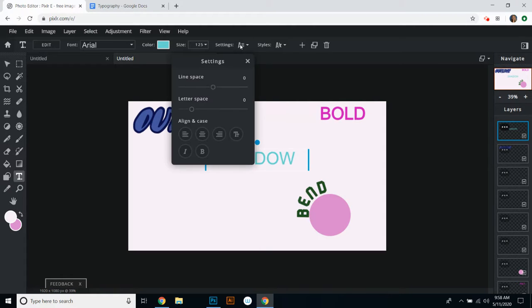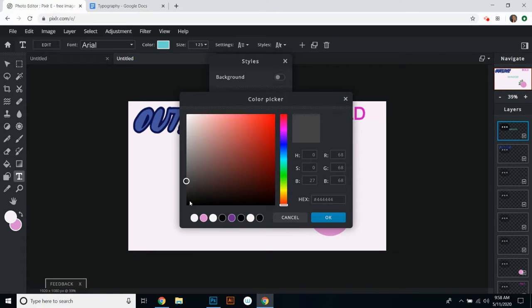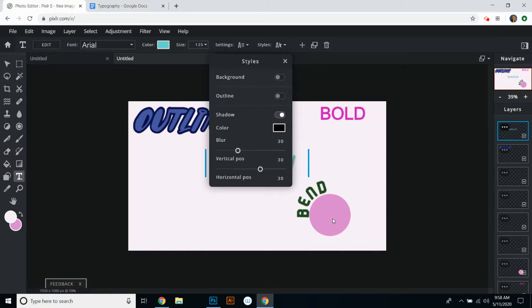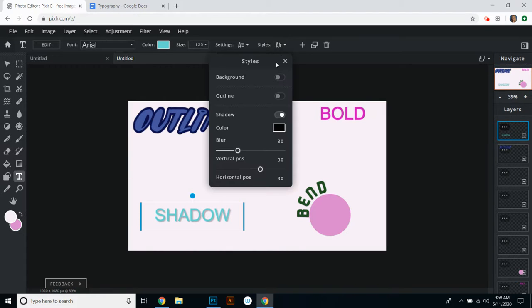And then we are going to go to styles. In here, you can see you have background, outline, or shadow. We're going to choose shadow. Here in the color, you can choose the color. Now, I really like to choose a black so that it's darker and you can really see it. And so here you can see the shadow is starting to show up, but I want to show you the